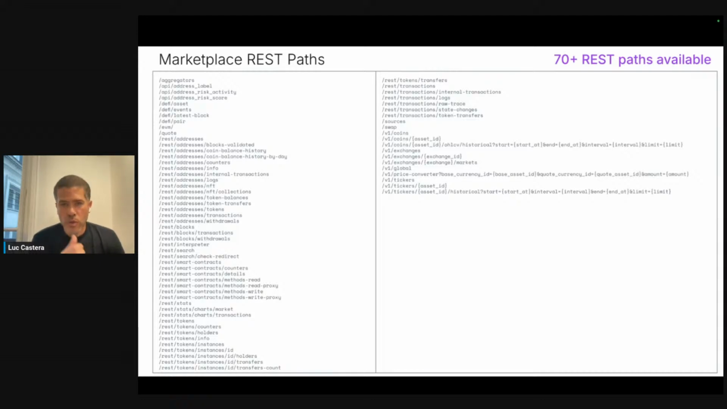Some of them allow you to do things like, if you look at the V1 exchanges, V1 tickers, just check pricing on tokens, and things that would be a lot harder to do if you were to do it only with the default node client. So this is the power of the marketplace. It takes you from 50 methods to more than 300, almost 400 methods that are at your fingertips to